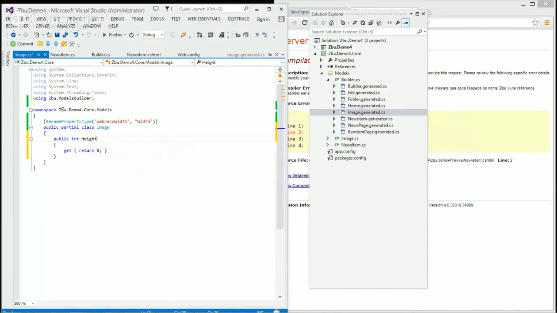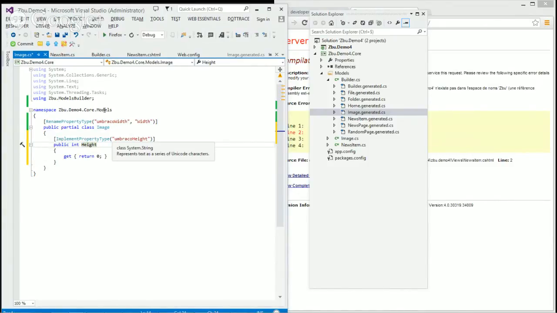I can use an attribute on that property saying it implements the property with that alias. So I'm telling you that you don't need to generate it, because I'm giving you an implementation for that property. It's kind of like an override, exactly. It tells the generator not to generate the property because we are doing it ourselves.